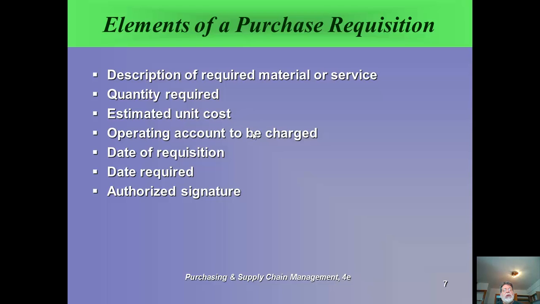And then you determine what account this is going to be charged from. And just like anything else, there's a date of the requisition and the date that you need it and an authorized signature. Somebody is responsible for this and they're signing it. Those are the elements of a purchase requisition.